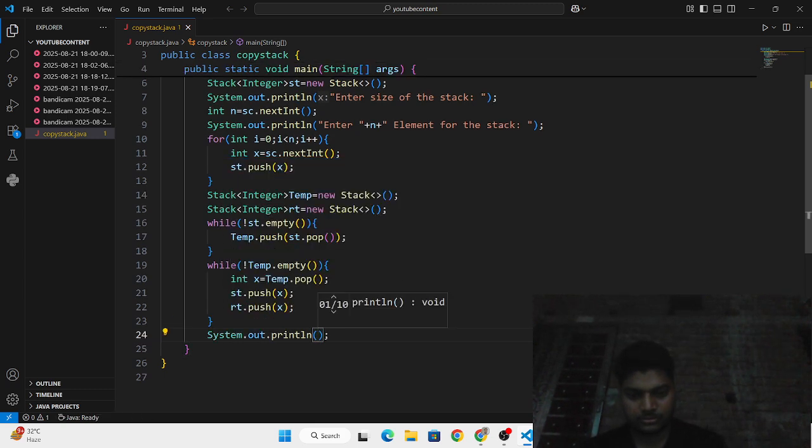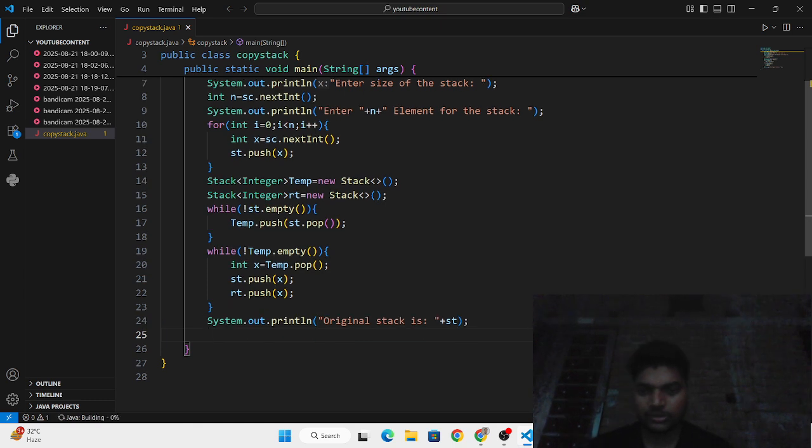And then you need to write System dot out, original stack is st. It is already written, so I don't need to write it.